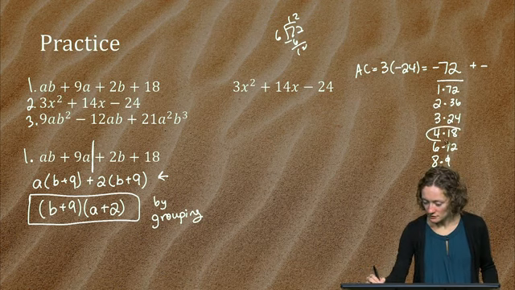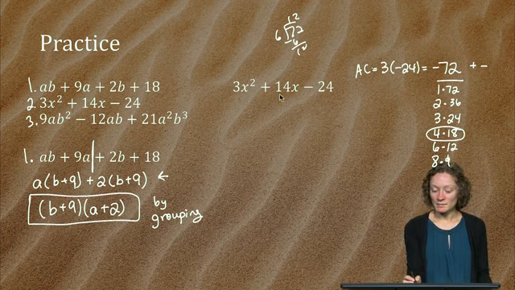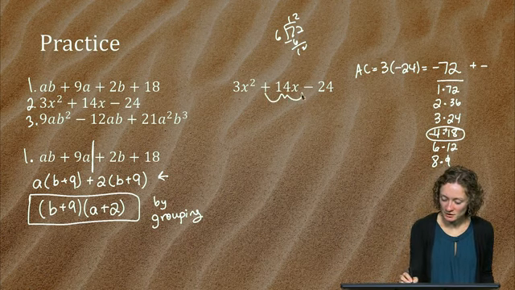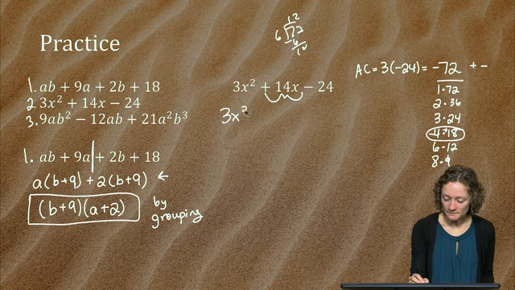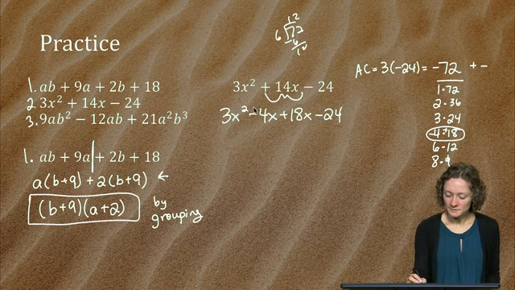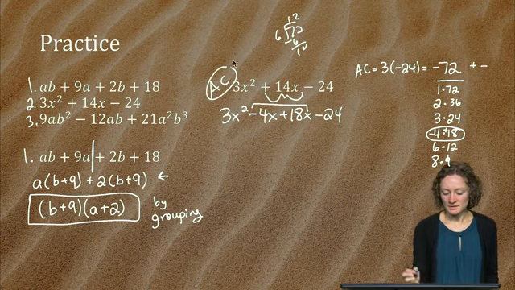The answer? 4 and 18, but what should their signs be? We need a positive number in the middle here, so we want positive 18 and negative 4. Okay, so then take this middle term and break it apart to minus 4x plus 18x minus 24. The only thing that happens in this AC method, next step, is we break apart that middle term and then